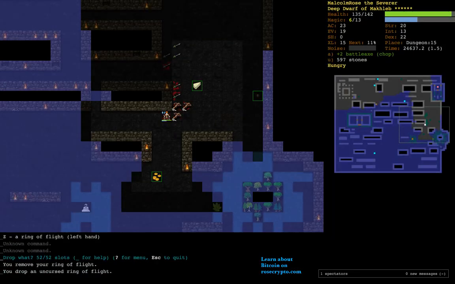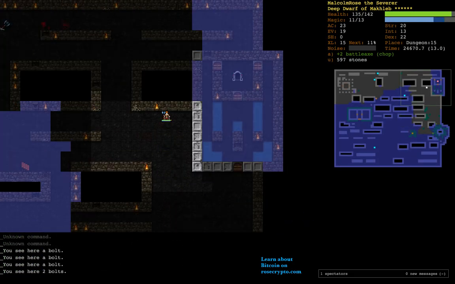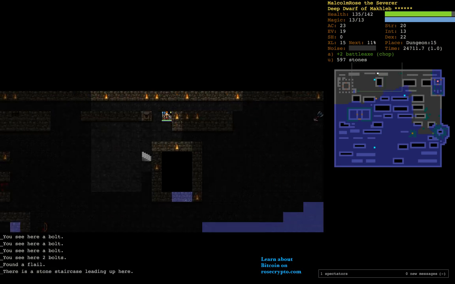Ring of Flight, certainly don't need that. Drop it immediately. How about we go up to D14? This staircase is not next to the...